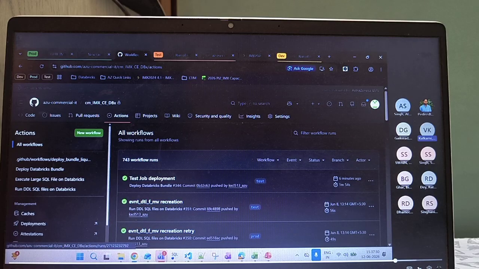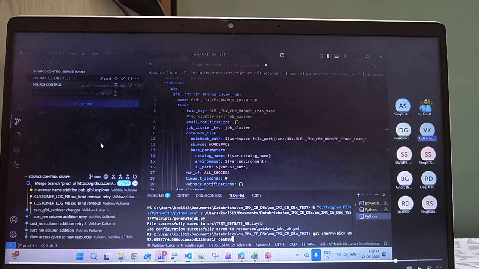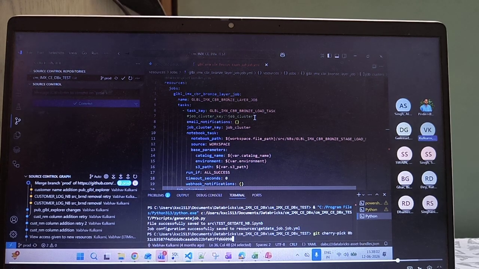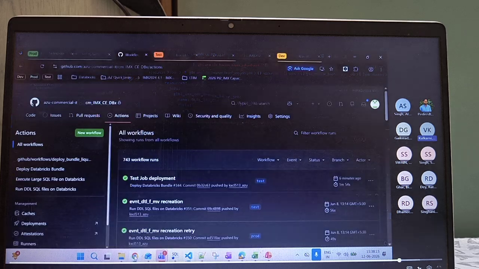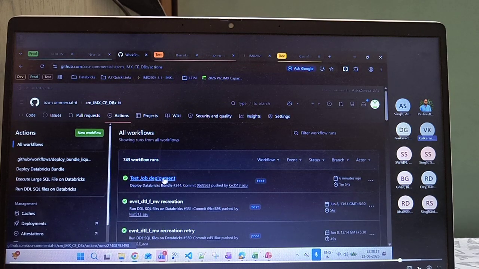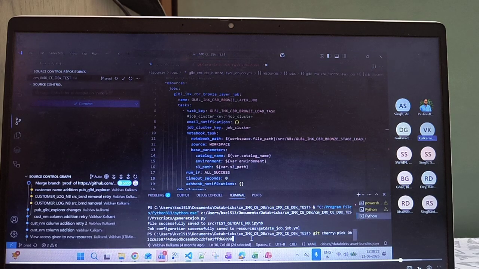So this is the way we follow. For deploying on prod, we don't follow the method we use for test, where we bring it from dev, check it, and manually replace it in the notebook folder and the resource job folder. We don't have to do that. We simply need to git cherry pick the commit ID from test and push it. As soon as we click here, it's going to commit, and then we just need to sync. Once we sync, it will push the code to production and trigger this deployment on production. Currently I won't be doing it, but